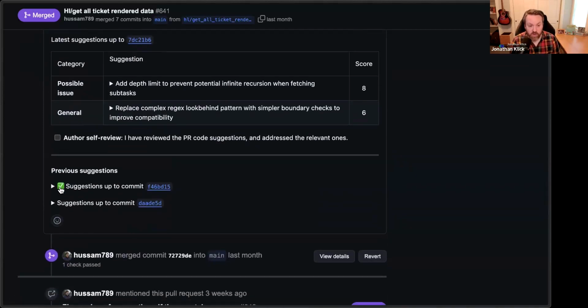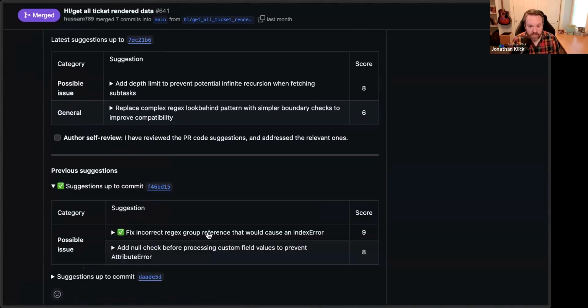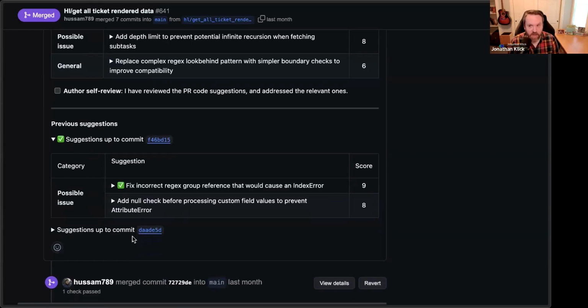What I can do, you'll notice the check mark here. We actually track whenever a suggestion we gave was actually implemented. Even if you go back to your IDE and you don't even use the exact code that we did, you decide to solve it in another way, we track it when we give a little check mark to indicate that that has been remediated, and we even track that in our dashboard metrics. So if you're curious how often people are actually fixing things based on recommendations we give, that is also something available.